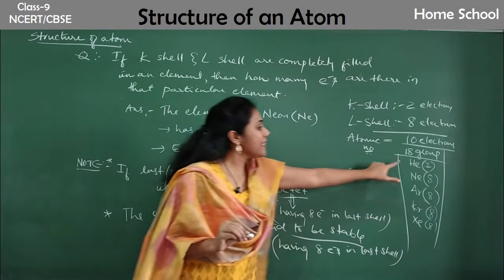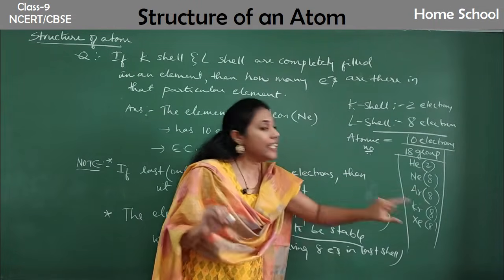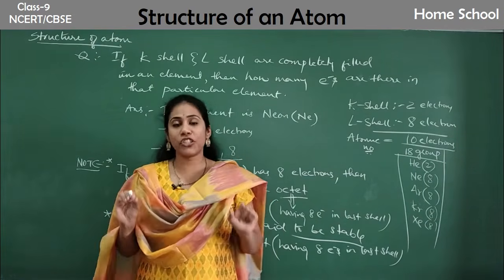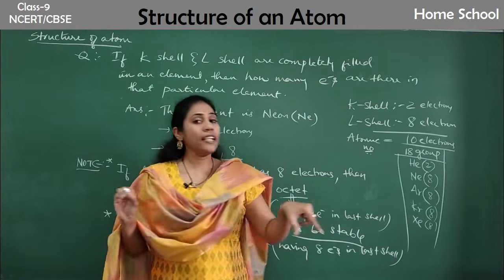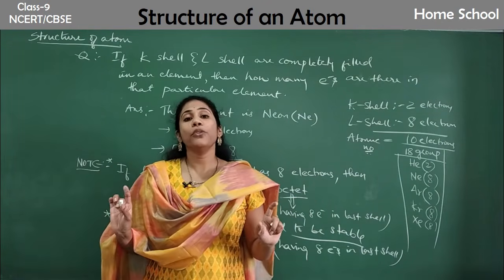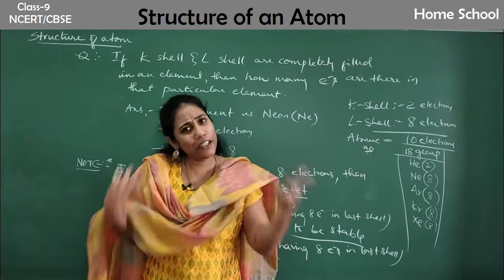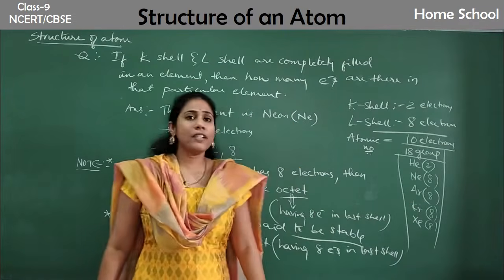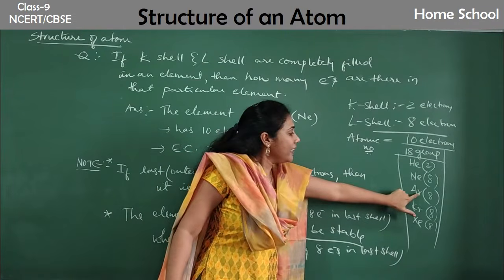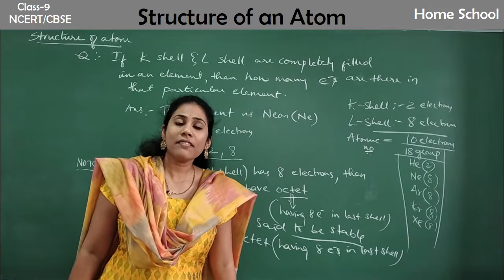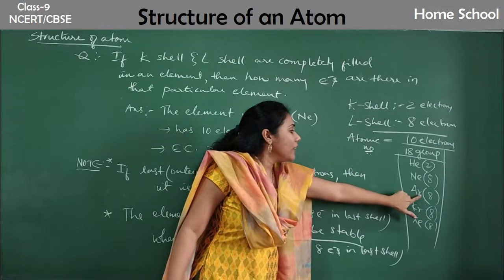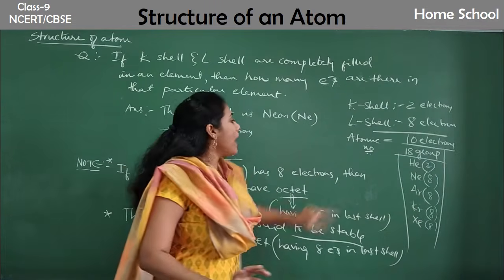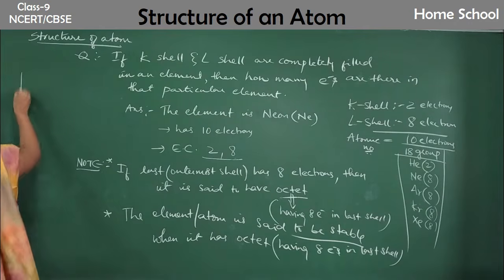That is the reason these guys will never go for reacting. They will never undergo a chemical reaction. They won't lose electrons and they won't gain electrons during a chemical reaction. That means they won't undergo reaction at all. Clear? See, argon also has 8 electrons. Can you write the electronic configuration of argon, guys? In the previous class, I gave you its structure and electronic configuration to write for homework. So, argon, how do you write its electronic configuration?